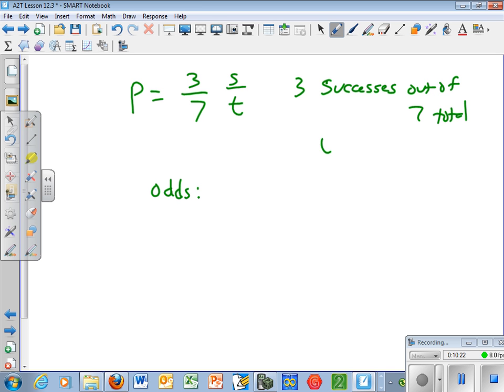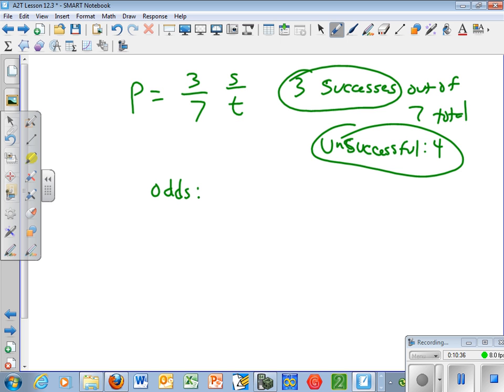So if I've said how many then are unsuccessful, well, if there's 3 successful out of 7, you could subtract 7 minus 3 and there would be 4 unsuccessful. So what you want to do is you want to deal with the successes and the unsuccesses. If I said what's the odds of something happening given that probability, there would be 3 out of 4,